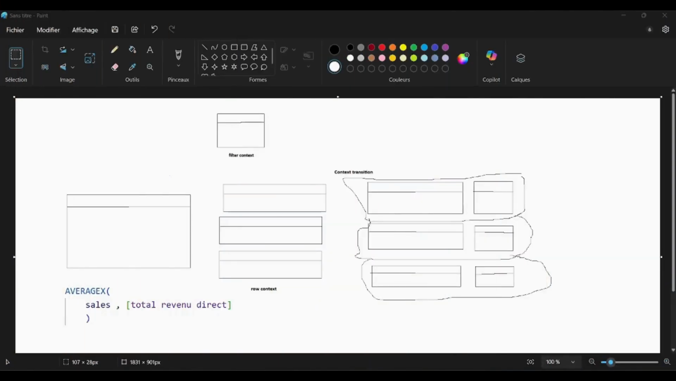So now coming to another important concept, which is the context transition. Context transition happens when CALCULATE takes row context and converts it into a filter context. Why is this important? It's because when working with calculated columns or iterators like SUMX, Power BI operates row by row, which means the row context. But when we introduce CALCULATE, it changes the row context into a filter context, affecting the entire